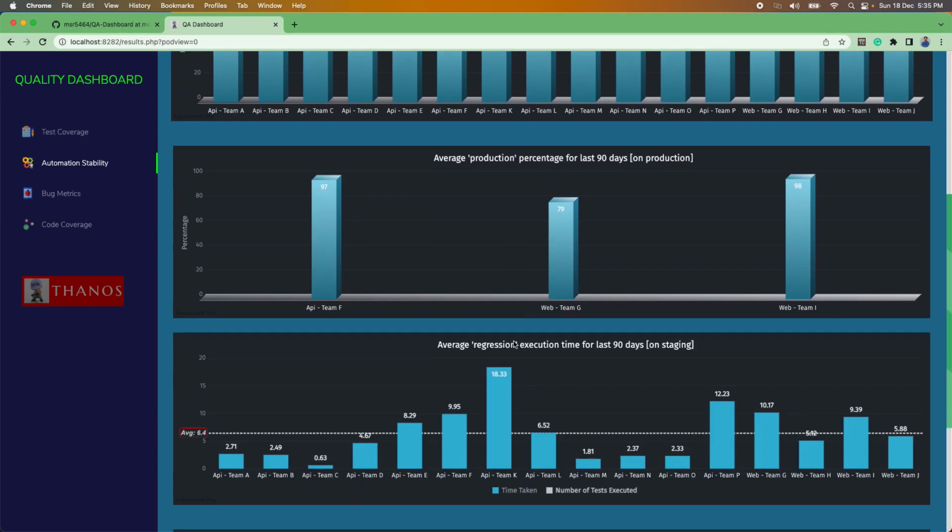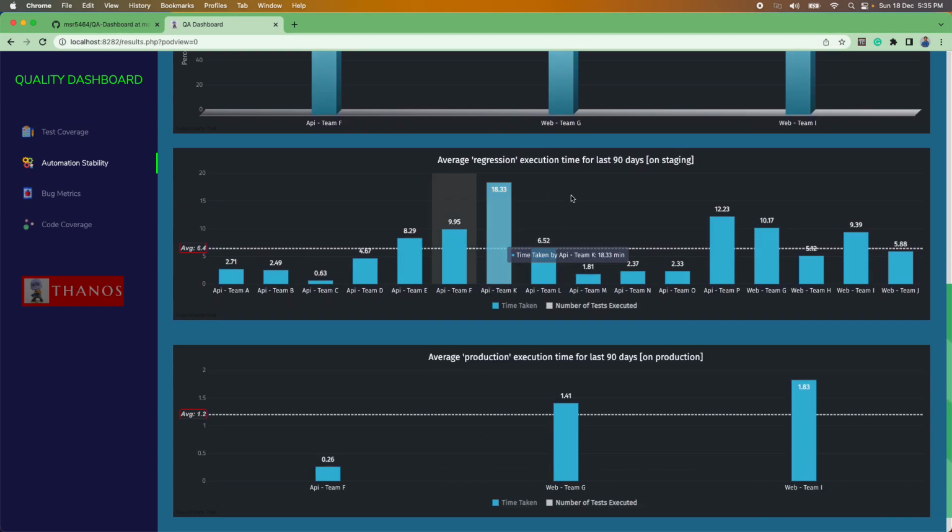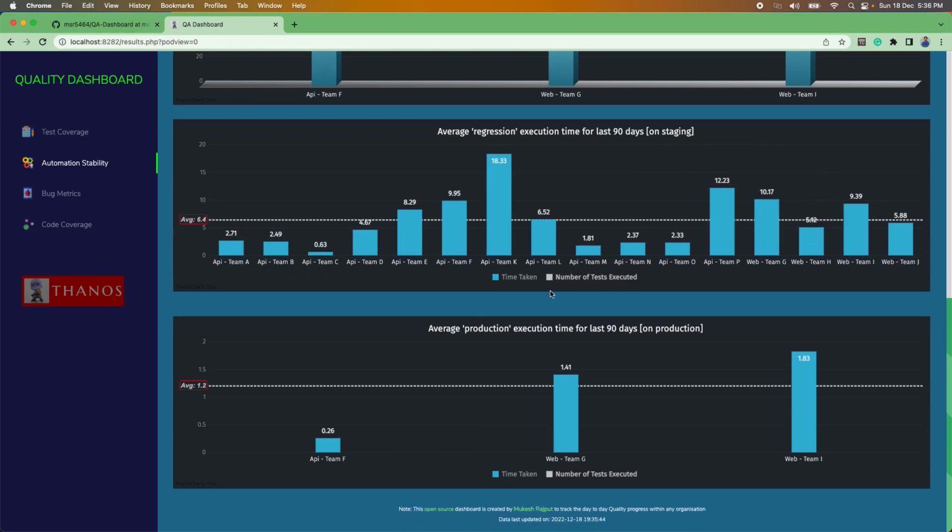I was talking about execution time. So you want to see how much time each team's build is taking, then this is the average. If you see, the maximum time taken is 18 minutes and that is only for one team. For others, it's around 12 or less than 12, and the average of all is only 6 minutes. This contains API and web tests as well, and same data